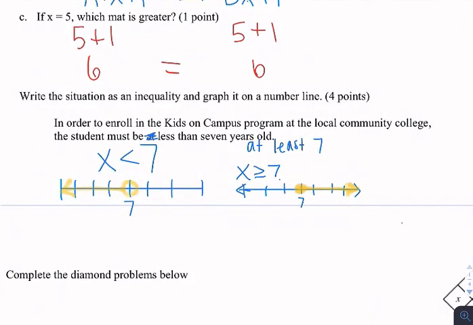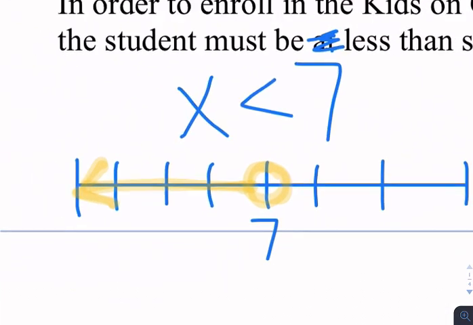All right, and then number 3, it says write the situation as an inequality and graph it on a number line. In order to enroll in the Kids on Campus program at the local community college, the students must be, and this is where we had a little bit of disagreement in some of the classes yesterday, it says it must be at less than 7 years old, which doesn't make sense. So I read it as must be less than 7 years old, and in that case, it would be this